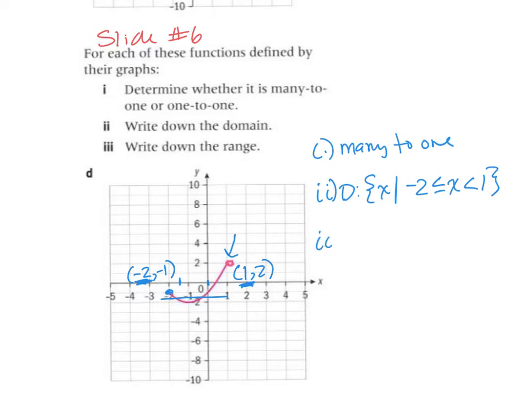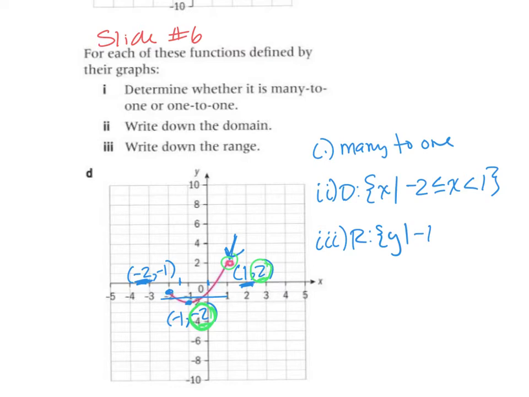And then to get the range, identify your bottommost point, which would be this one, whose coordinates are -1, -2. And then the topmost point is this one again, okay? So as you look at those range values, the smallest range value to the biggest range value, notice that this bottom range value will be included, but the top range value will be excluded because, again, of that open circle. So the range then would be the set of all y such that